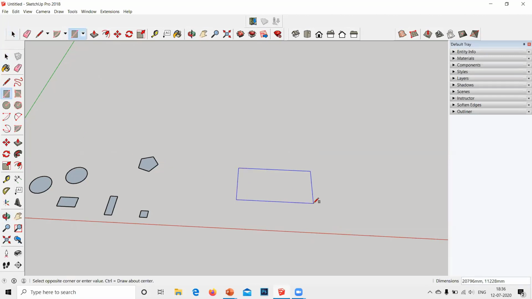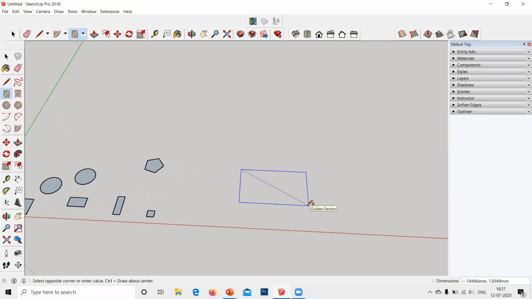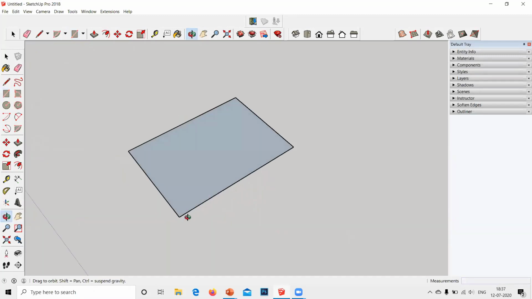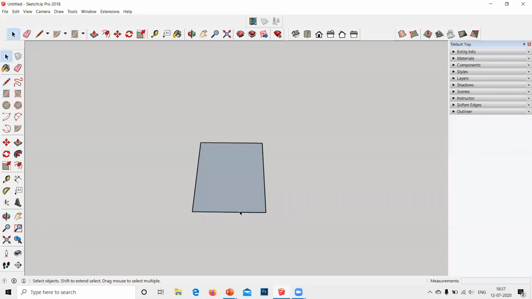Now we'll specify a specific dimension. We'll give this room a specific dimension. Suppose I want to make a room of 5000 by 7000 mm distance. So you know now that the 5000 mm dimension will be along the red axis and 7000 mm dimension will be along the green axis. Okay, so just enter 5000, 7000 and click enter. So now you can see we have a small rectangle, which is this side is 5000 and this side is 7000. Okay, now this is our room.